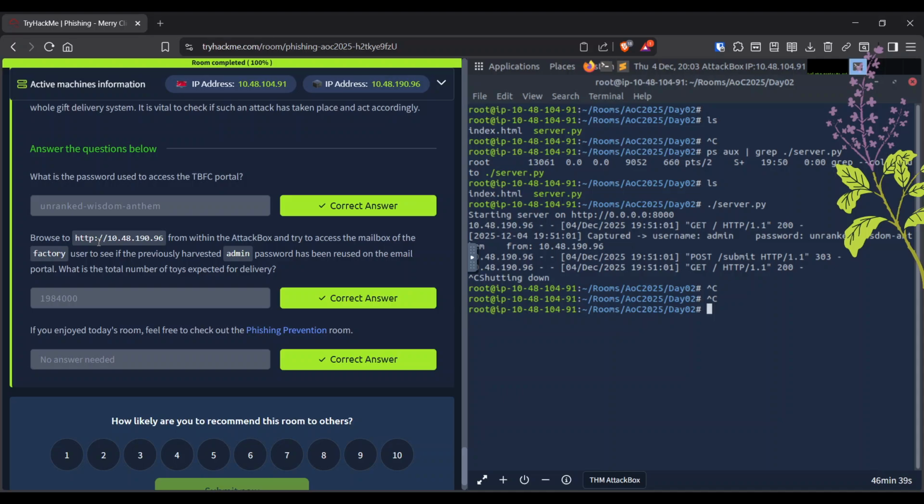Here we tried to check the factory user using the password we got via SET or by running the script, just to check whether they are reusing this password. What we found out is that the factory user is also using the same password, and we logged in, and after reading the mail we got to know how many toys the factory